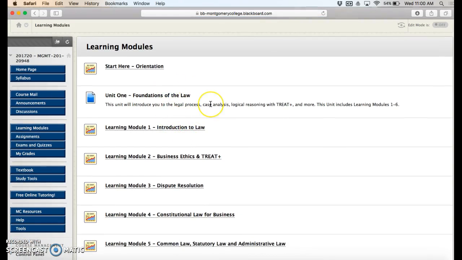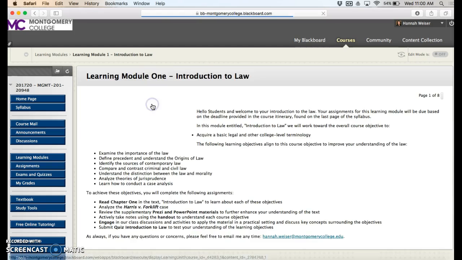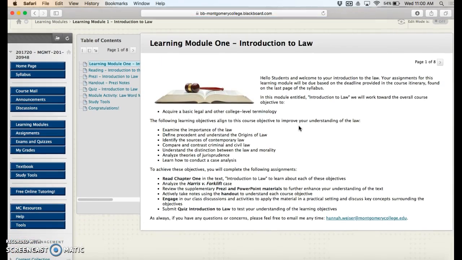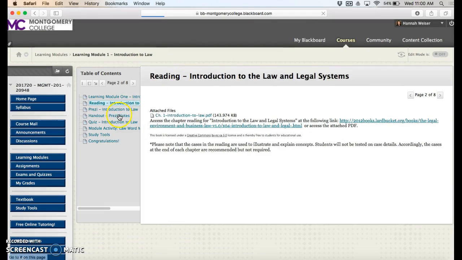Then you'll move on to each of our 3 units. You'll see each of the learning modules here. I'm just going to show you an example of what you'll see in each module. Each module will start with the assignment, so you'll have an idea of what you're supposed to be doing for that module. It'll also show you the reading. This gives you the free access. It gives you PDF access to the specific chapter we're working on, as well as an HTML link.